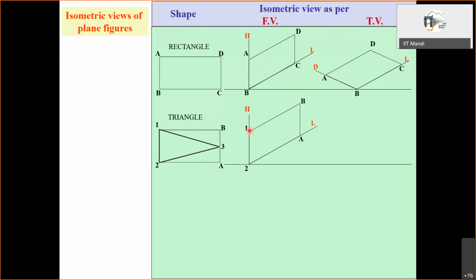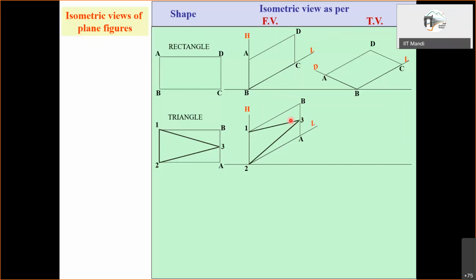Now 1 and 2 can be marked here and here because these are along an isometric line, but this 3 is not so. So what we do is, away from B, how much is the distance of 3? This thing is along the isometric line. So using this, 3 is marked over here. And now once this 3 is located, then we can join 1 and 2, 1 with 3, 2 with 3.